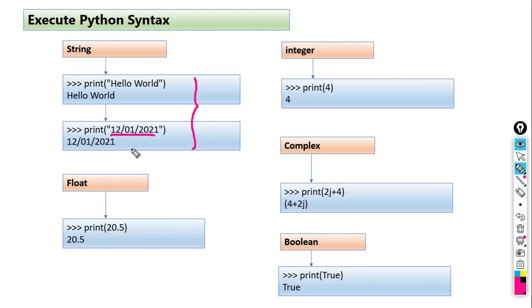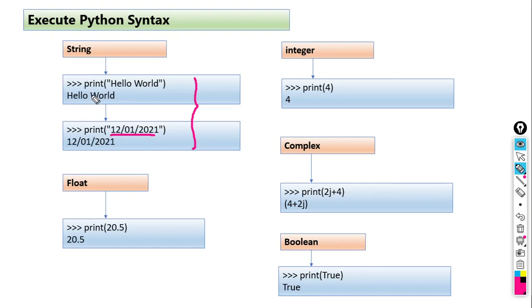Don't give another bracket here; only the round bracket is allowed. Print, opening round bracket, then quotation mark, then the text which you want to print, then complete the quotation mark, and then write the closing round bracket. Okay, so like this you can print any text in Python.